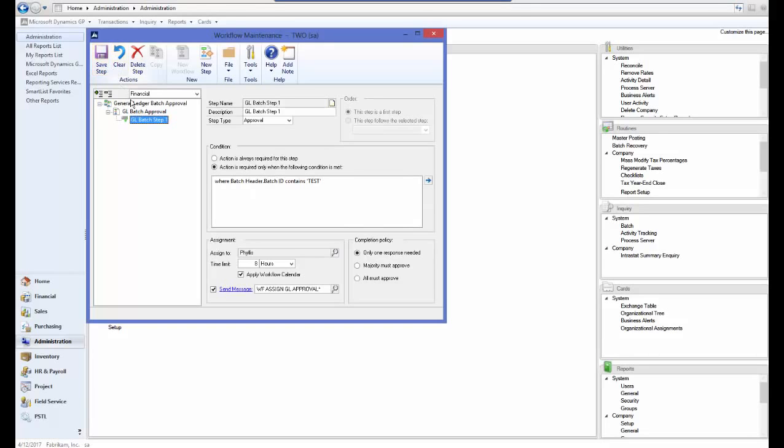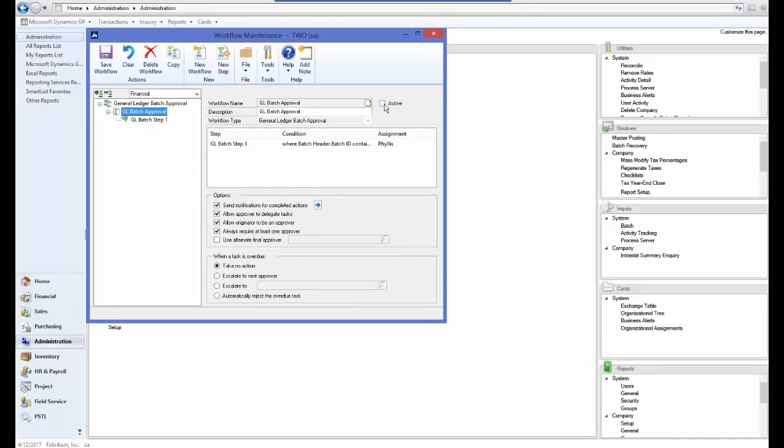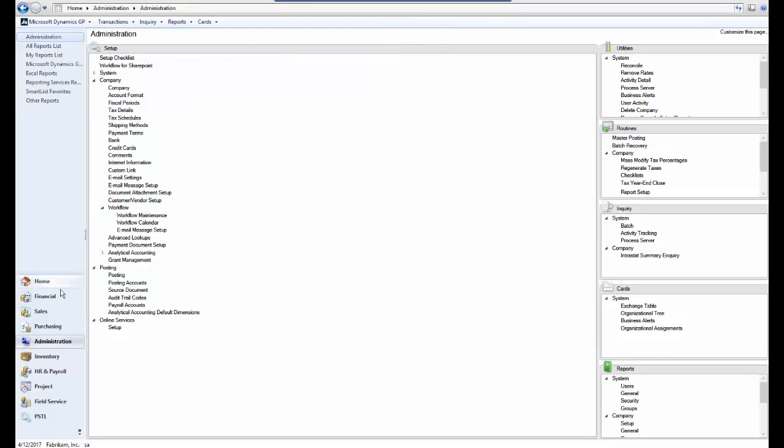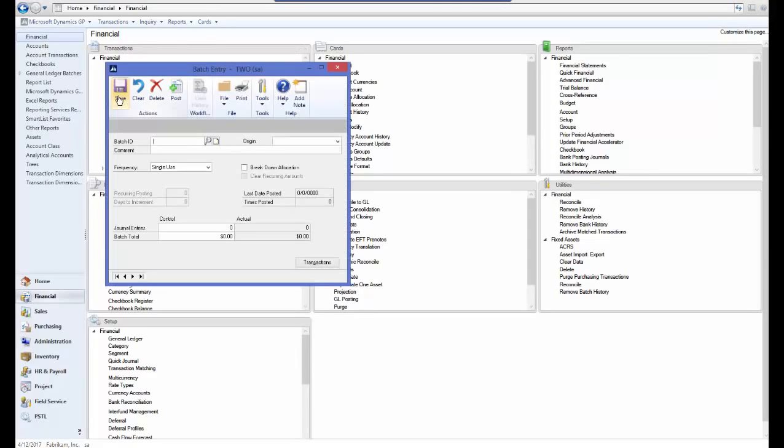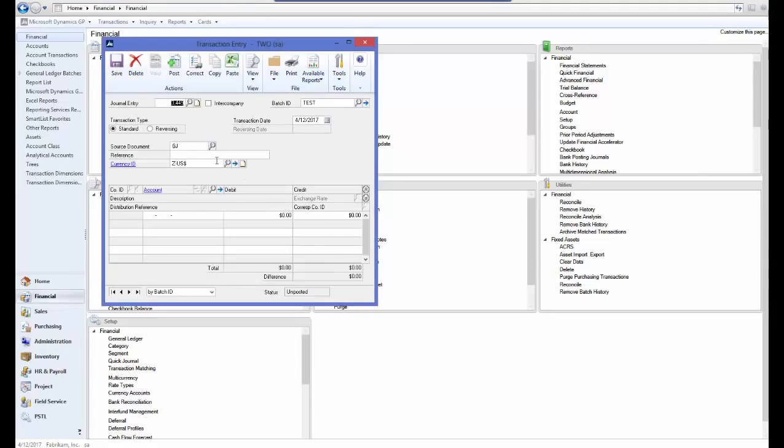Click Save. Now I'm going to go back and activate and save again. I can close this and now go under Financials, and then under Batches I can see that Workflow is enabled. So let's create a batch called Test. I'm going to do it under the General Entry, but you can also use it for the clearing and budget transactions. And click Transactions